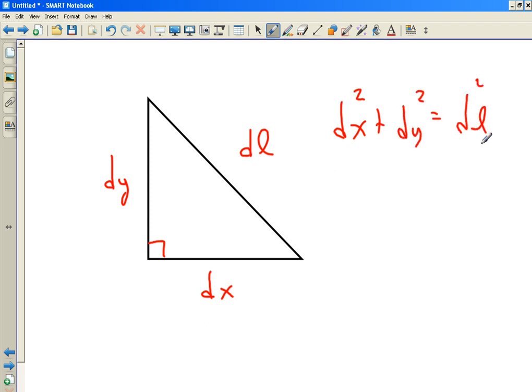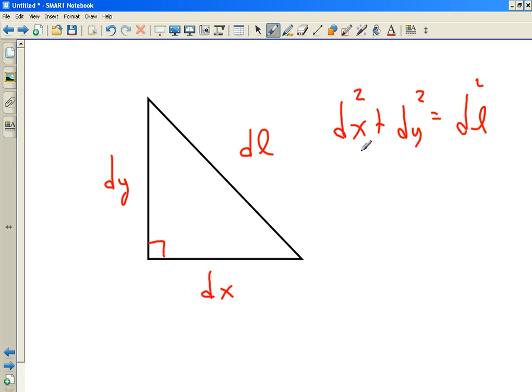Now remember, we solved for L. Do you remember how we did this? If you divide everybody by dx squared, what happens? What's dx squared divided by dx squared? 1. Then you have dy squared over dx squared. Well, what is that? The derivative squared. Didn't we have 1 plus a derivative squared, square rooted? Remember that? All right,